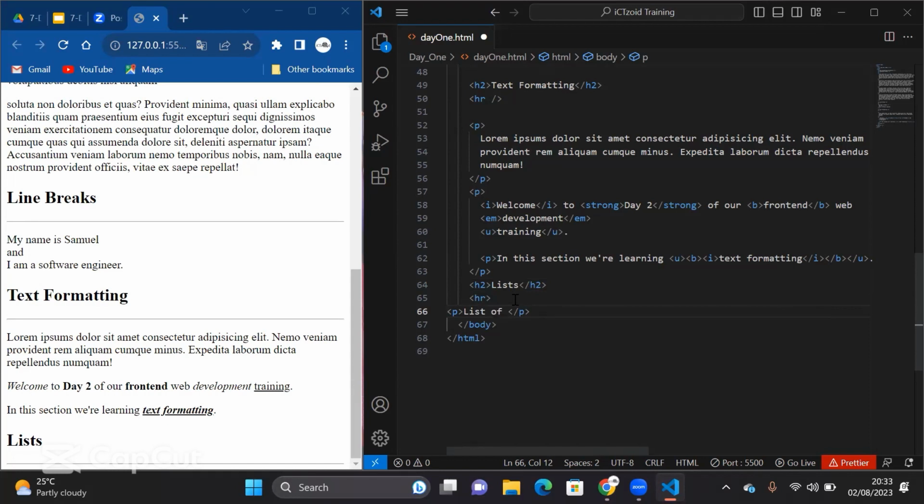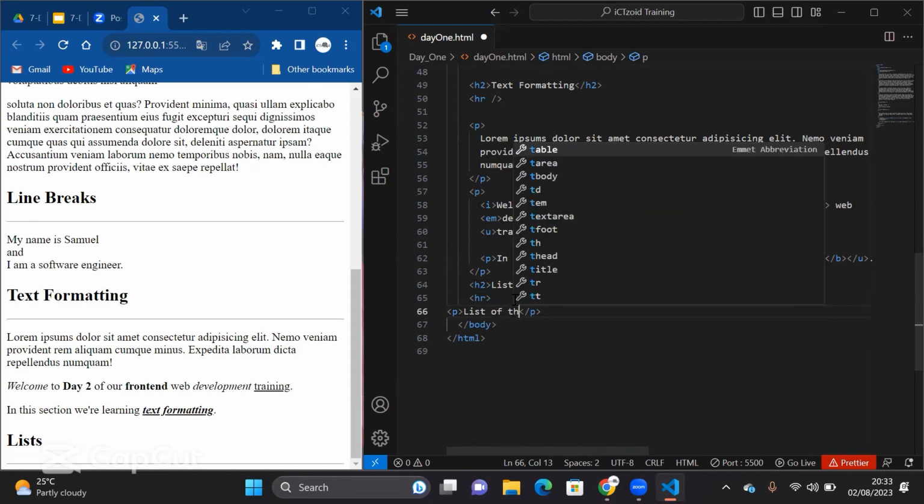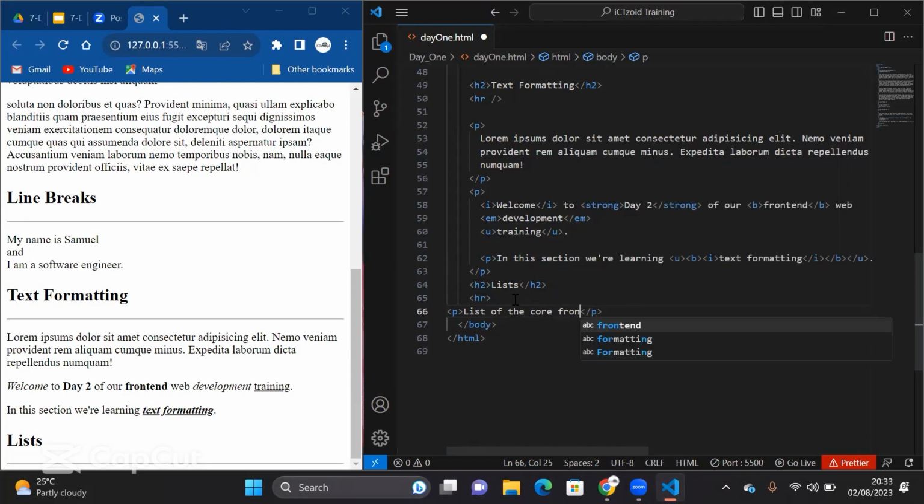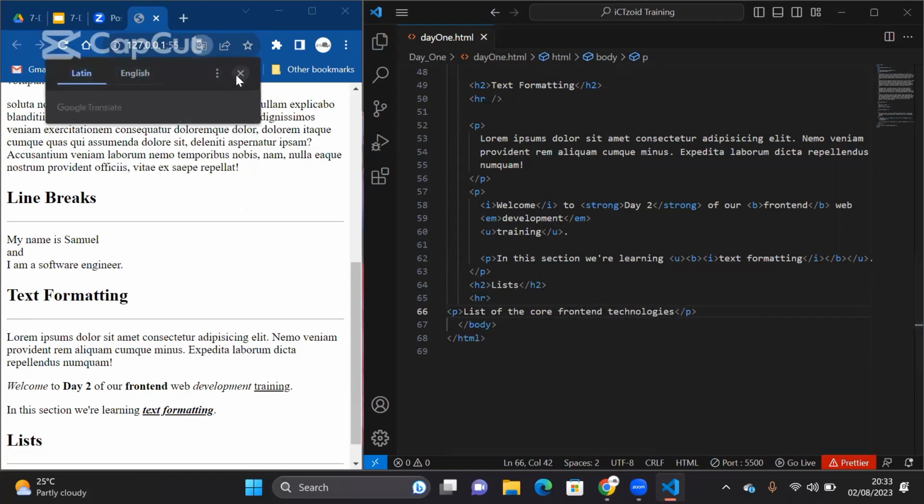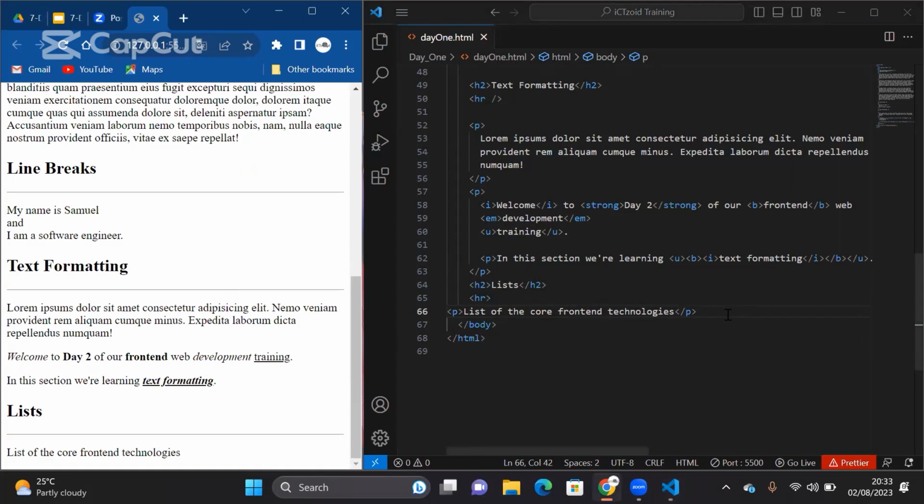Okay, list of the core front-end technologies, right? So I want to make a list of the core front-end technologies. And we know that the core front-end technologies, we have HTML, CSS, and JavaScript. So how do you make it in form of a list? You make use of the UL,